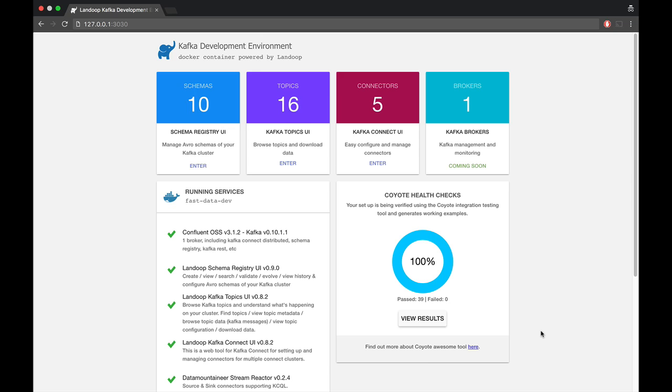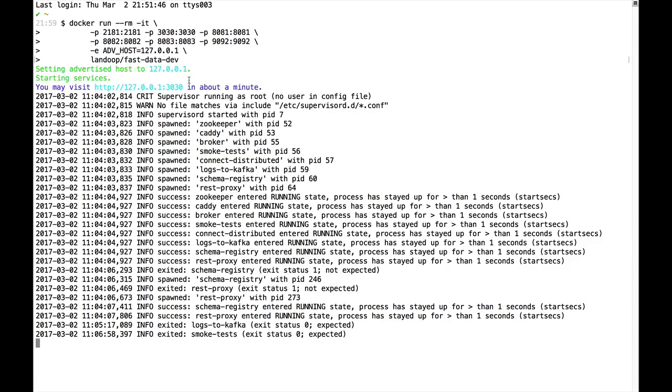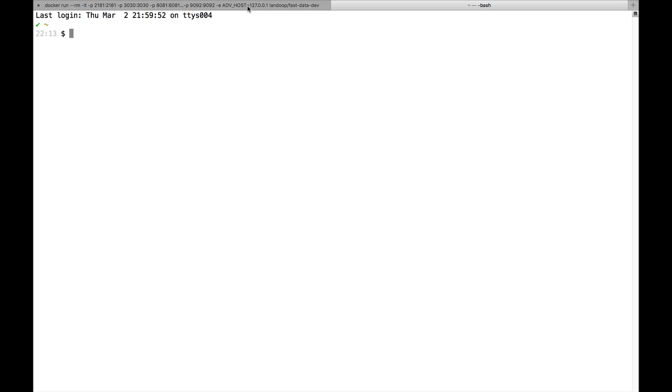As we can see now, the tests are complete. It says the health check is 100%. So at this point, we have a working Kafka installation. You see, that was easy. Just a few things. The first one is that the first terminal right here that runs the image should be long running. So never close it unless you want to shut down Kafka. But if you want to run additional commands, you have to open a new terminal window. Like right here, you see I have two tabs. I have this one and that one, and you can start typing your commands. But never close that one